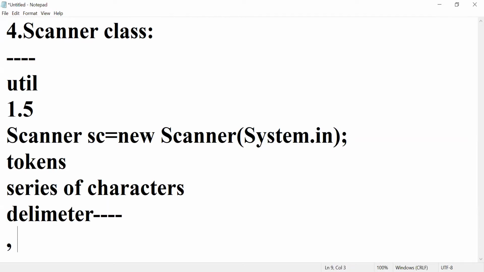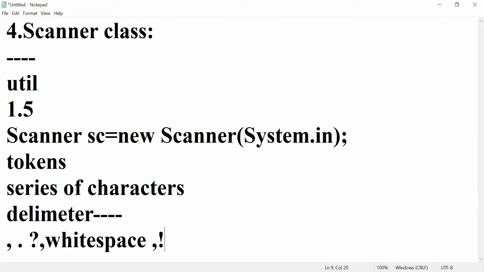Comma, full stop, question mark symbol, white space, apostrophe. So these are the delimiters available. Among these, the default delimiter is white space.